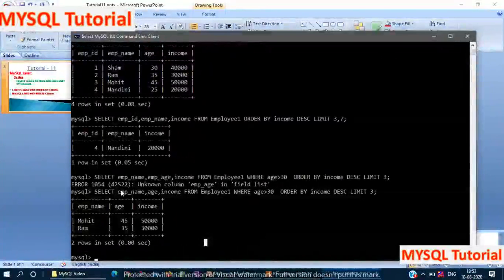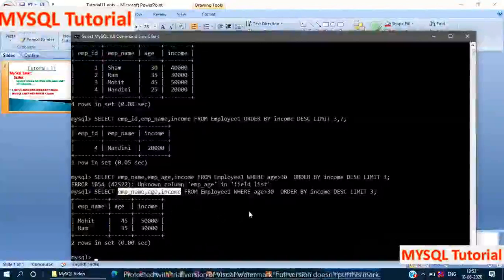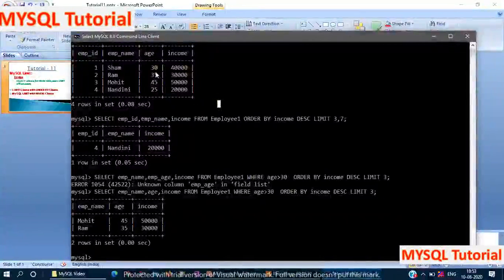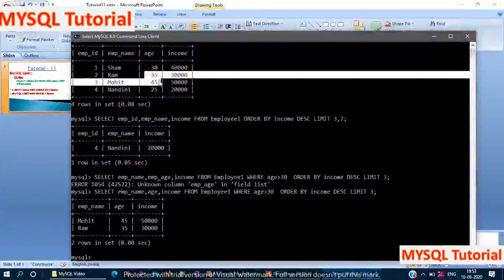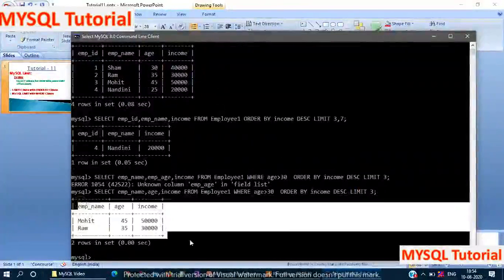In the query we use employee name, age and income from employee1, but we specified the condition where age is greater than 30. In this table you can see there are only 2 employees having age greater than 30. That's why it returns only 2 records.